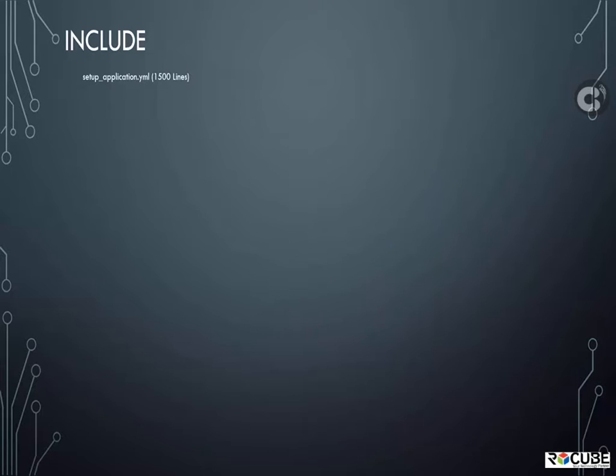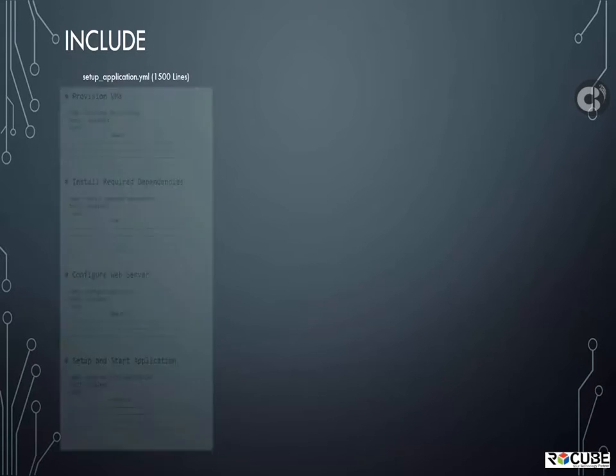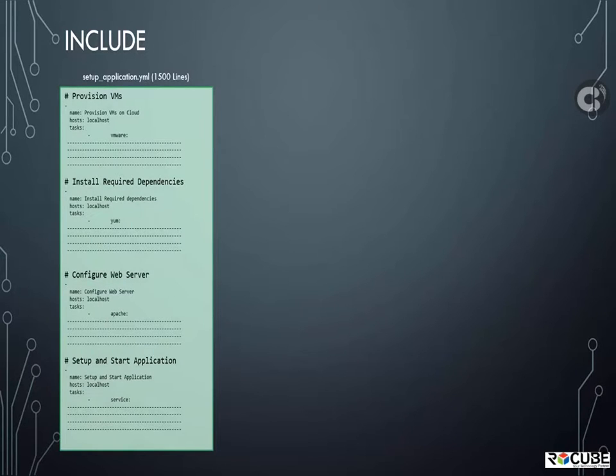Let's take a look at include statements first with a really simple example. Here we have a large playbook doing multiple things at once, including provisioning VMs, installing required dependencies, configuring web server, and setting up and starting applications. However, this playbook is approximately 1,500 lines long and is really difficult to maintain. This playbook can only be used by someone who has the exact use case which will be satisfied by this